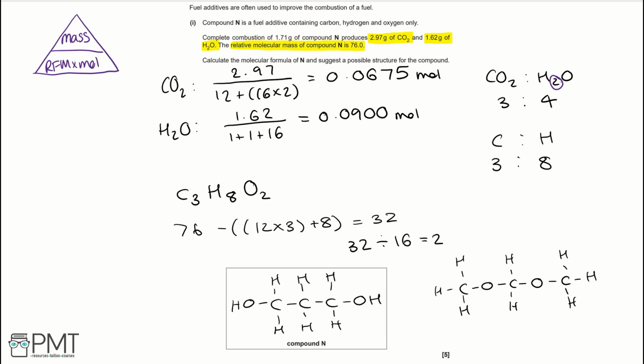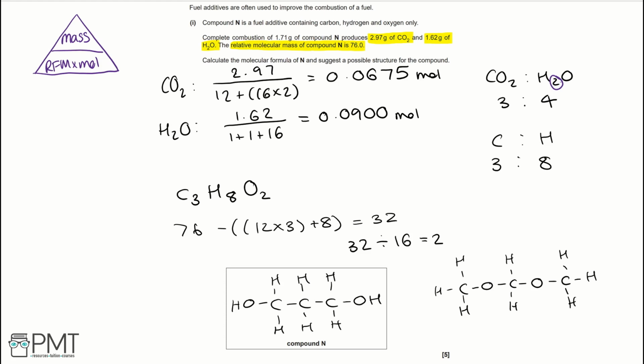To get the 5 marks for this question, you get a mark for working out the moles of carbon dioxide, a mark for working out the moles of water, a mark for working out the ratio of carbon to hydrogen, not a mark for working out the ratio of carbon dioxide to water. You get a mark for working out the molecular formula of N, and a mark for a correct possible structure